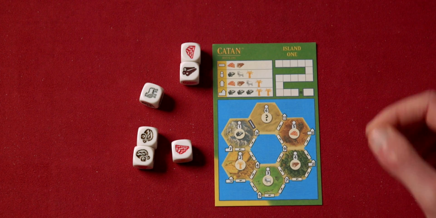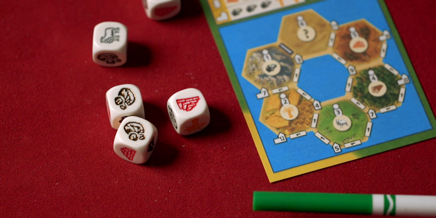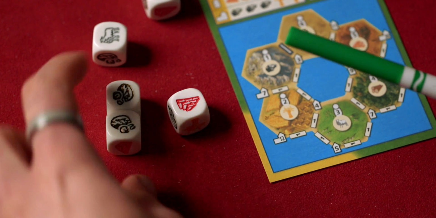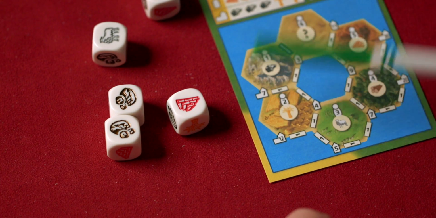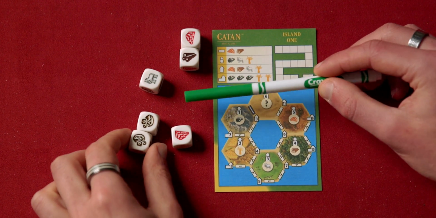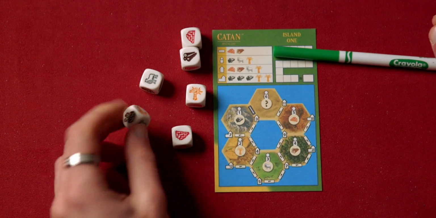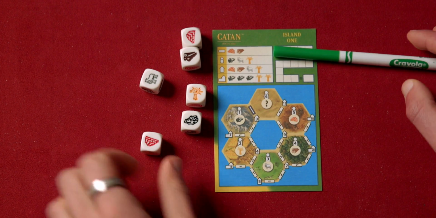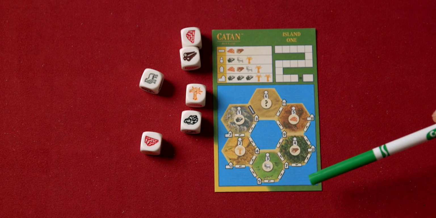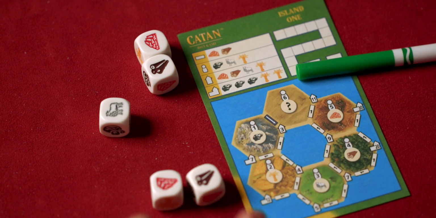And then, you know what? I've got this gold here. This gold here is a special resource. We can use gold once we've finished rolling our dice to trade gold for resources. So I can take 2 gold dice and trade them in for any one of the other resource types. We have bricks, lumber, sheep, gold, wheat, and ore. And these are the different resources we're going to use to build out our little island of Catan. So I think I'm going to use those 2 gold to turn them into a lumber,